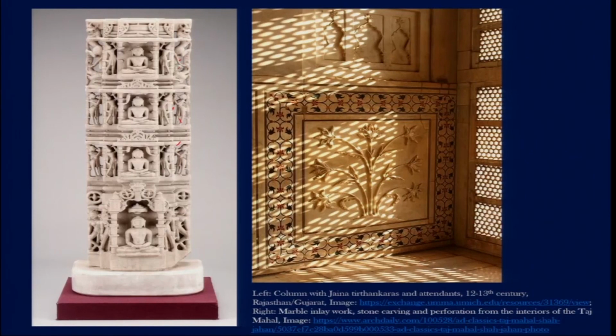So this is another degree of making this relief carving, and this particular idea of perforation was already present in the 12th-13th century, and then we see it appear in a very different context when perforation in marble was incorporated in some of the Mughal monuments, for example the Taj Mahal. So we do not usually make this kind of association,